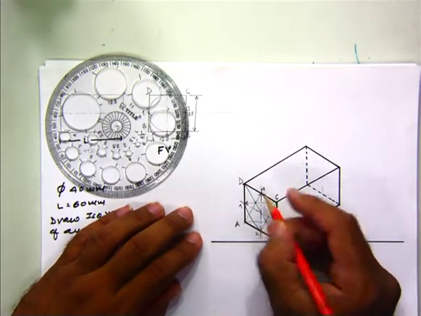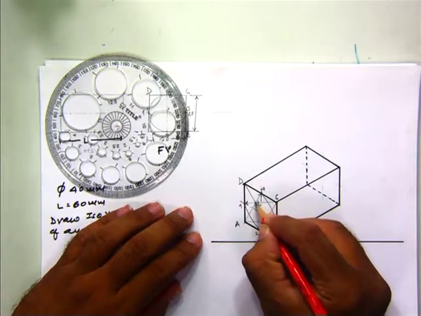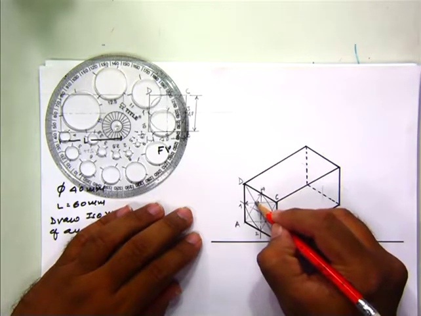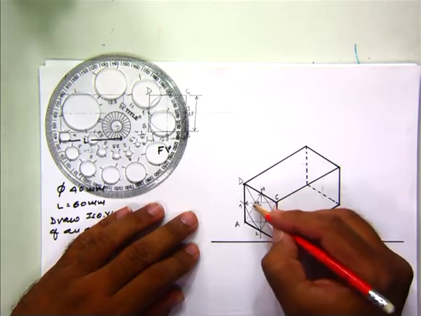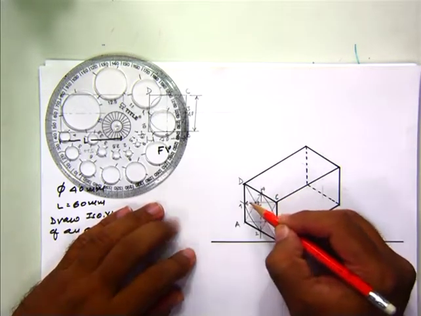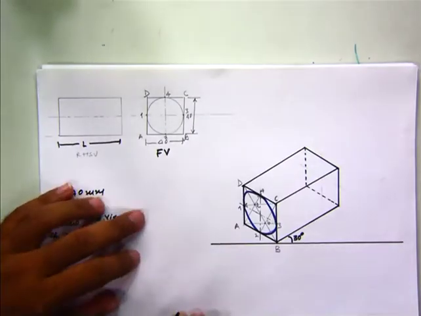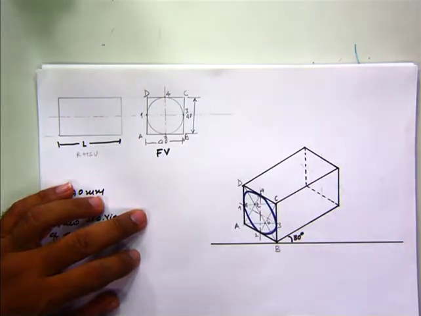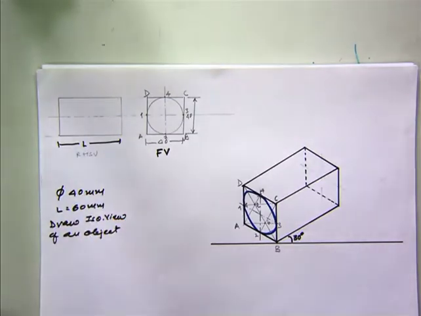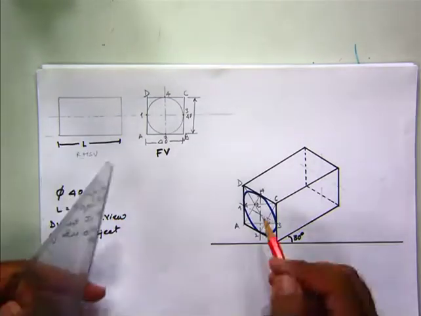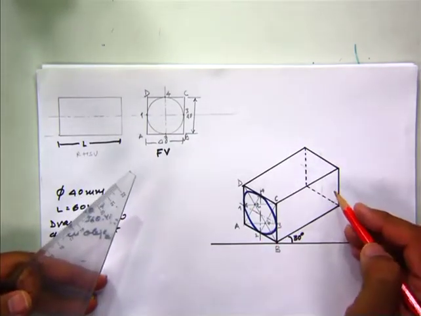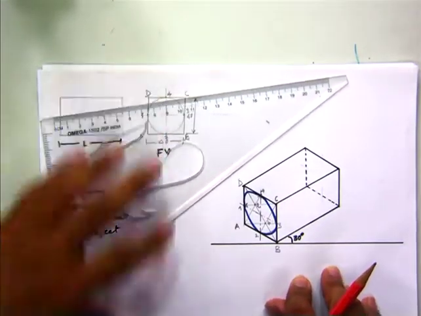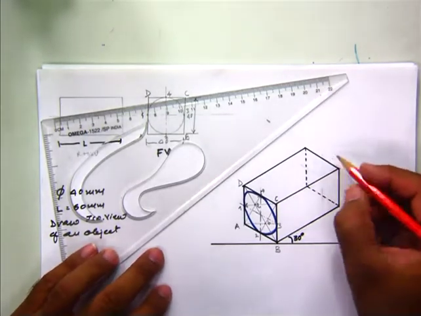Now this point, let us say small a, and this point small b. Point A is the center. Join 1, 4. This is the isometric of the circle; now we have finished with the blue line. Similarly, you extend the point from this rhombus to this rhombus. So here you will also get